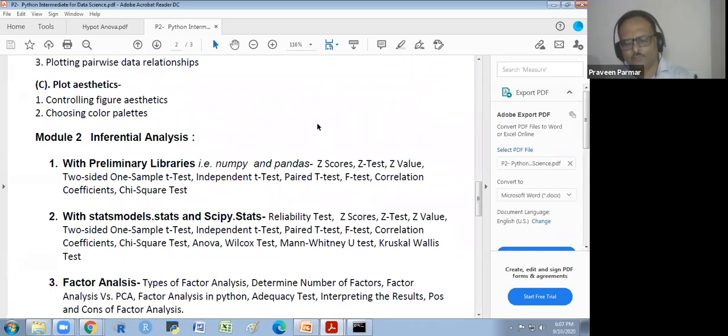Today we will cover the theory of this inferential analysis, and later on tomorrow we do the practical on inferential analysis.